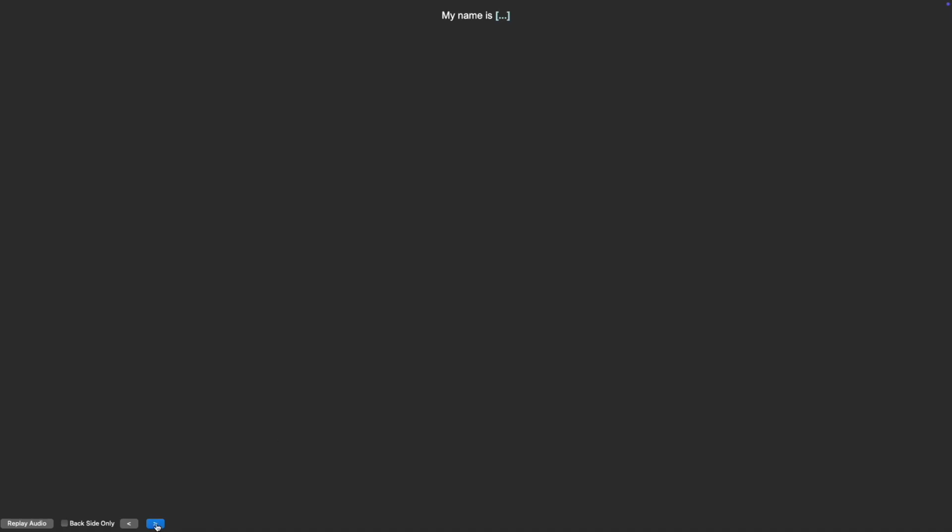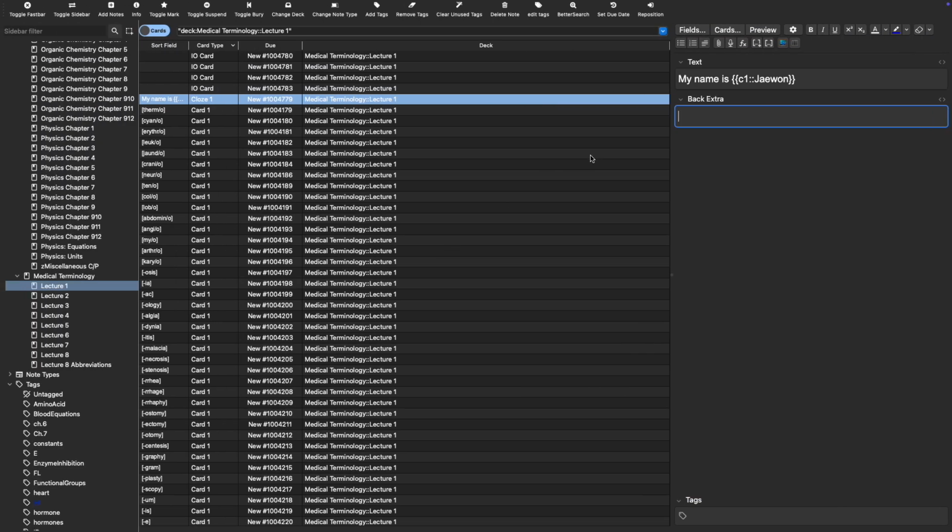So those are the basic 3 card types that I found people use the most. And I think they're the 3 most useful ones. There are other things too, if you're interested,